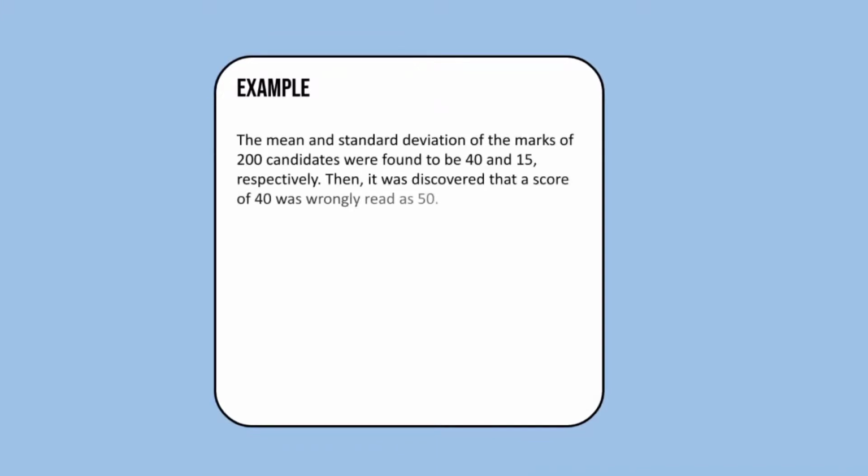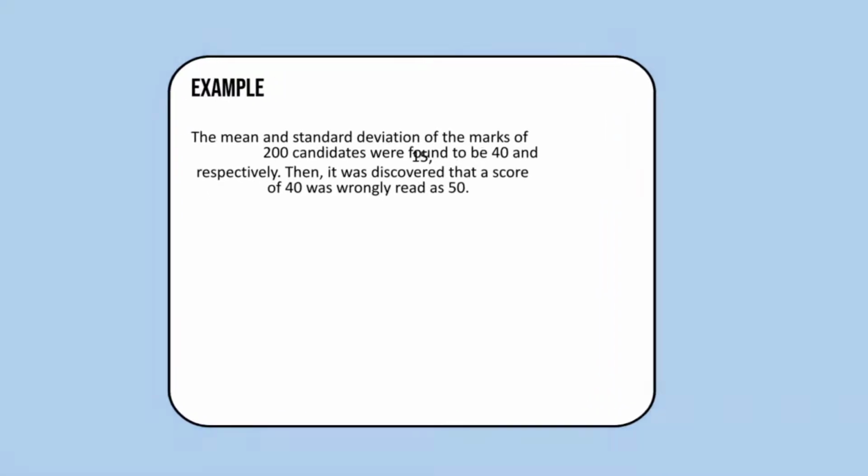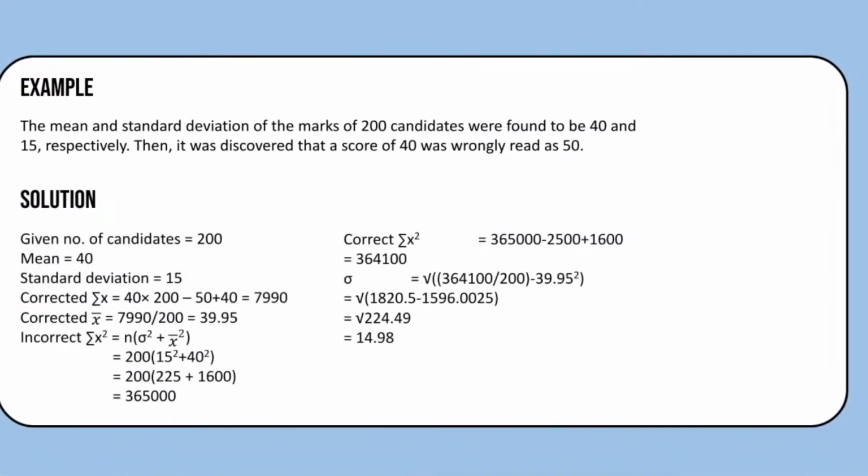And now, on to the examples. The mean and standard deviation of the marks of 200 candidates were found to be 40 and 15 respectively. Then it was discovered that the score of 40 was wrongly read as 50. How do we solve this? Here's the solution. Given the number of candidates is 200, the mean is 40, and the standard deviation is 15,